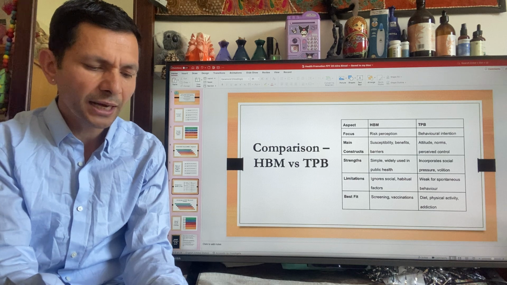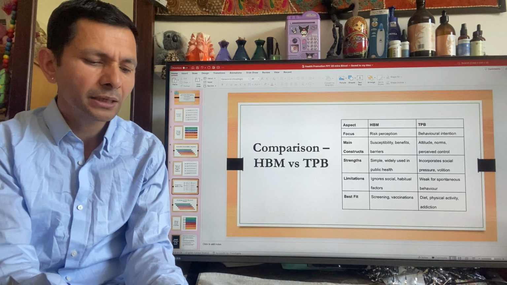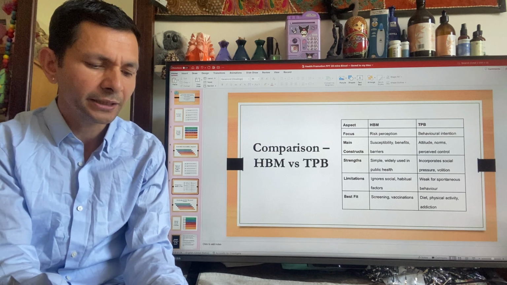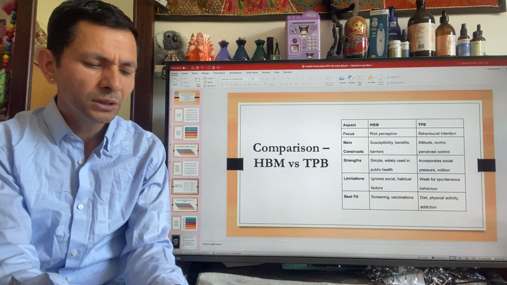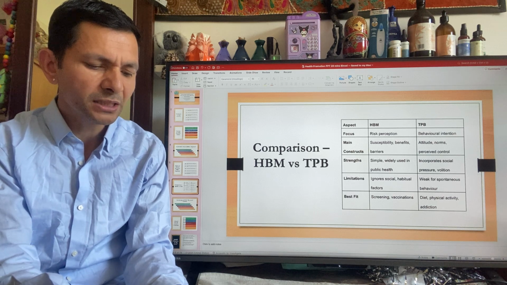HBM's strength lies in its simplicity and broad public health application, especially in areas like vaccinations and screening. TPB is more complex by including social influences and perceived control, making it better suited to behaviors like dietary change